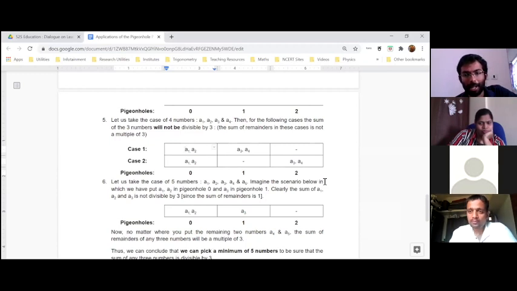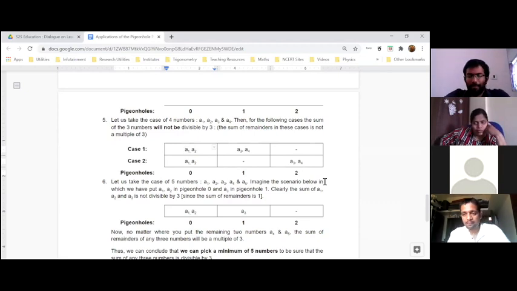But can there exist 3 numbers out of it whose sum might be a multiple of 3? That also I should see, right? There can, but this is the worst scenario. Exactly. What we are looking at is the minimum numbers to make sure that those numbers are divisible by 3. Correct. Okay.